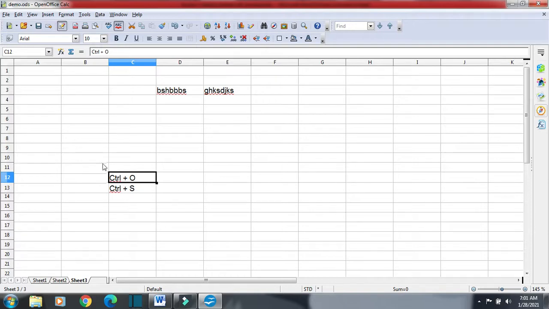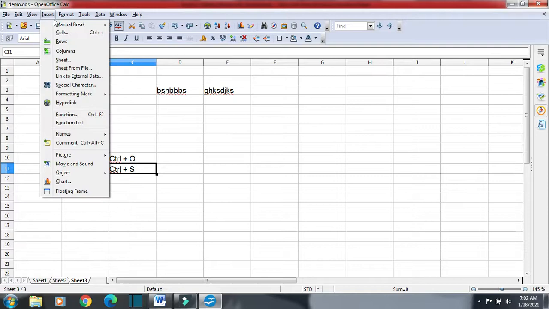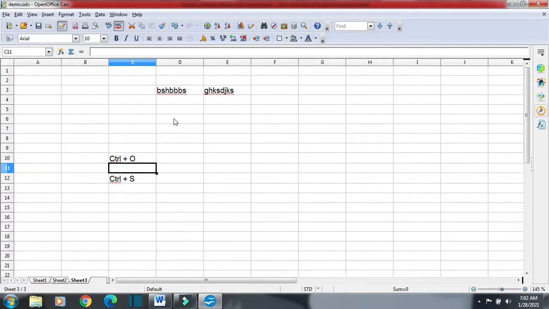You can see the lines here because I have inserted cells now. So suppose I want to insert one row above this. I will just click here and then click on insert and then click on row, because now I want to insert a row. So click on row, it will insert a single row.